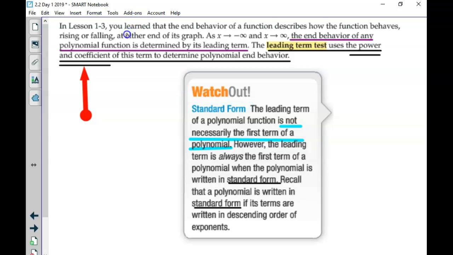All right, way back in lesson 1.3, we talked about end behavior. You are going to be able to predict end behavior now using what's called the leading term test. The leading term test uses the power and coefficient to determine the end behavior. This watch out box just says be really careful, because if a polynomial function is not written correctly in the correct descending order,